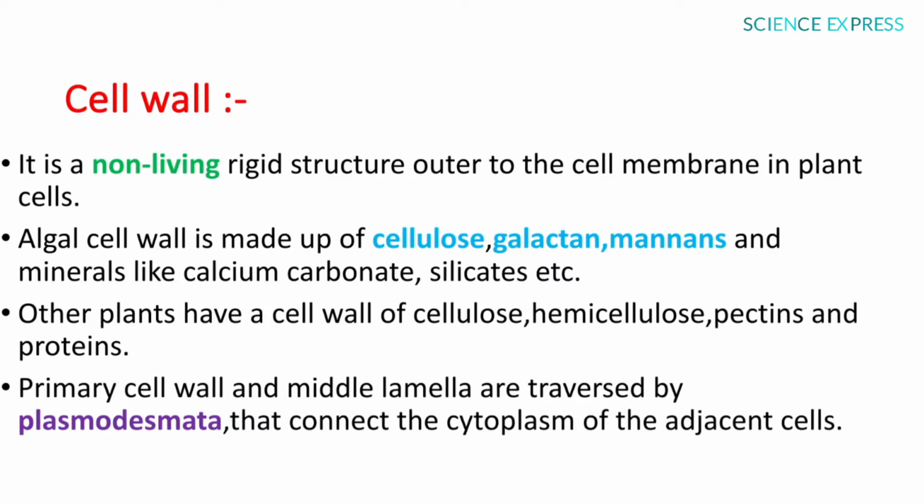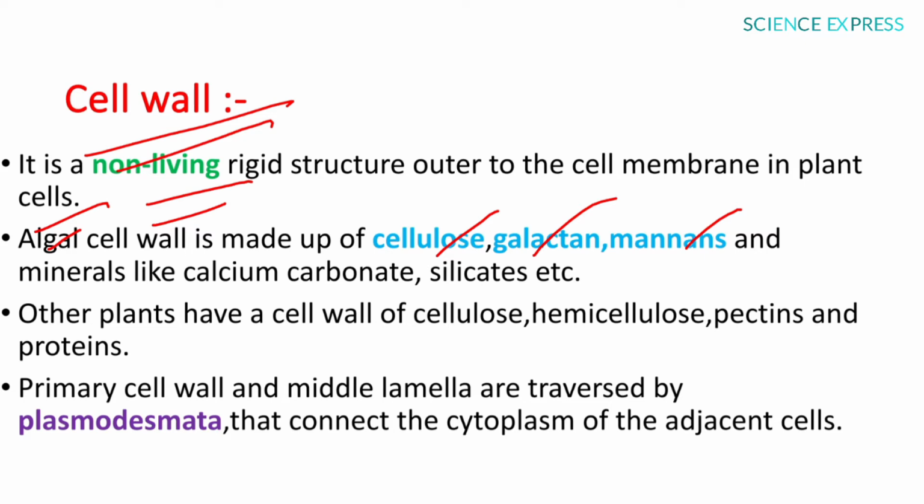Now discuss about the cell wall. Cell wall is a non-living rigid structure outer to the cell membrane in a plant cell. Cell wall also contains several substances like cellulose, galactans and mannans, but the composition is different from cell to cell. The cell membrane is present in plant cells and also animal cells, but the cell wall is only present in the plant cell,